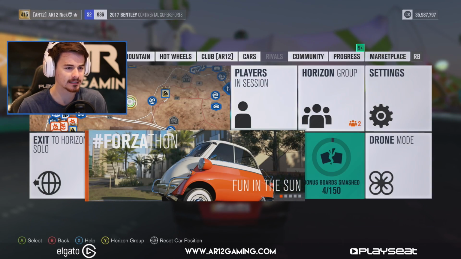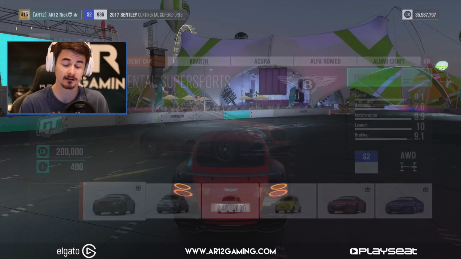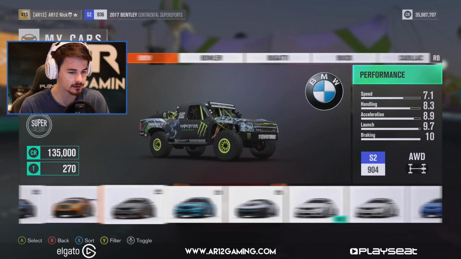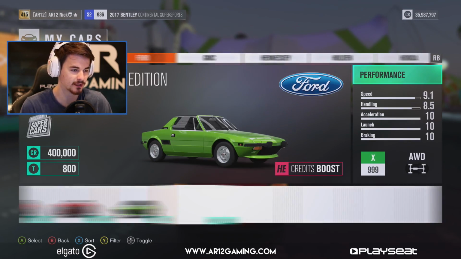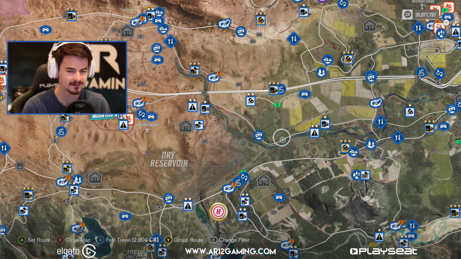Now, I haven't really planned this out. I don't really know where the best place is going to be to do it, but I think we need a pretty good drift car. So let's go jump in something. We have so many. All right, so my first sort of idea of a place where we could do this